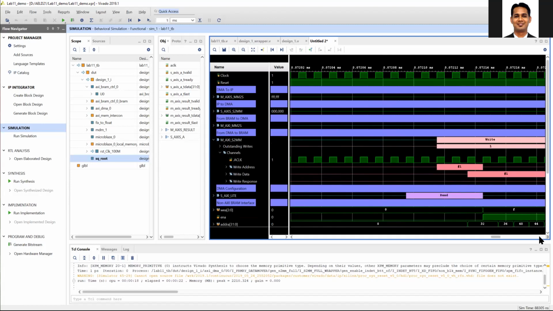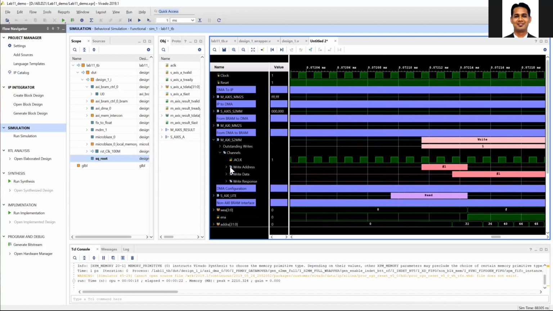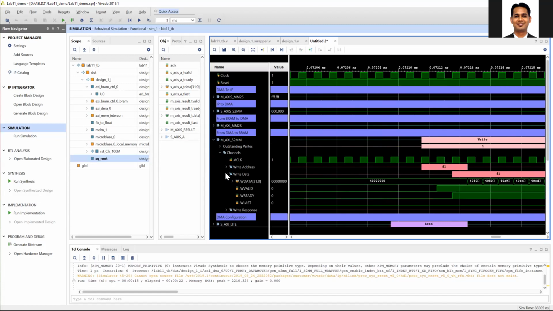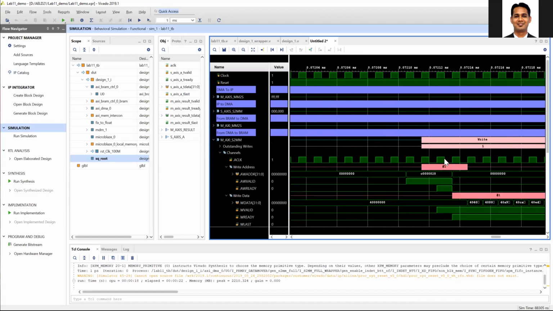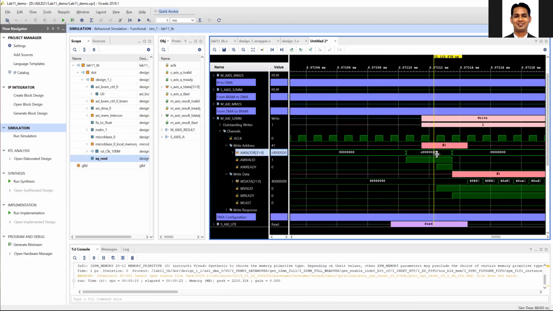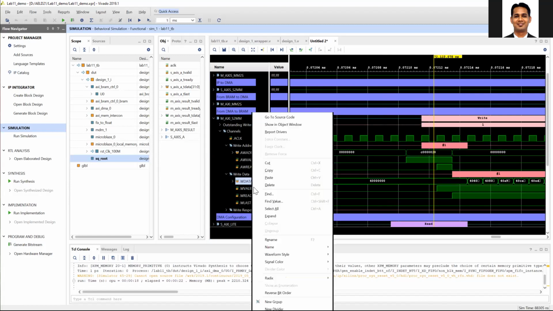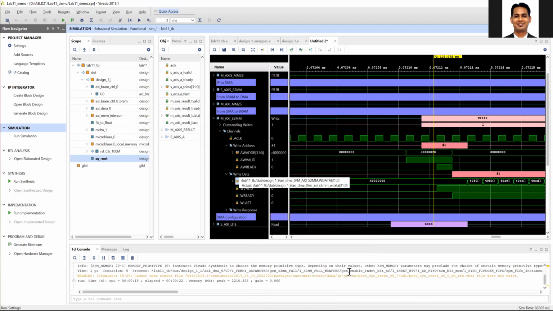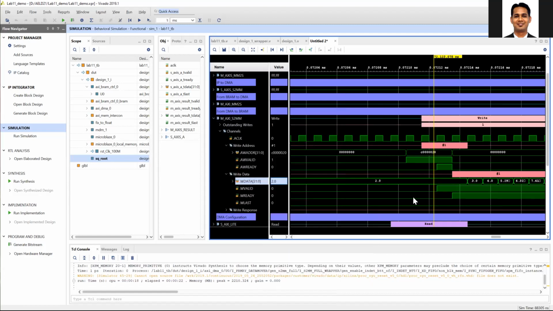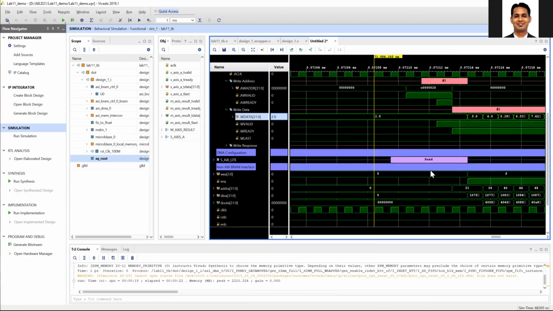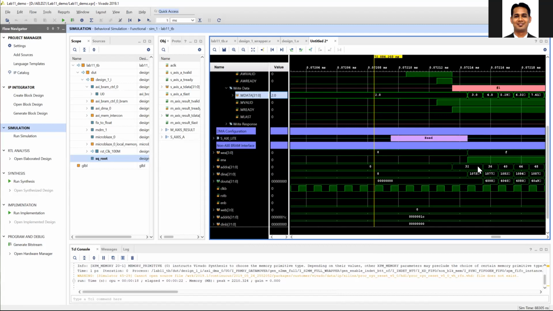You can see that from the DMA to the block RAM, the write address and the write data will be forwarded. You can see that there is an offset we have added, because initially we wrote the 8 data, then there is an offset we have added, and this is the square root data. Again, I'll convert it into the single precision format, and you will see the data which is eventually written inside the block RAM at the appropriate address.